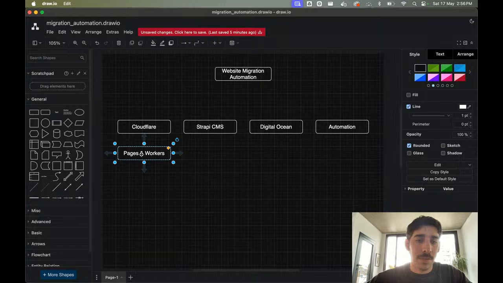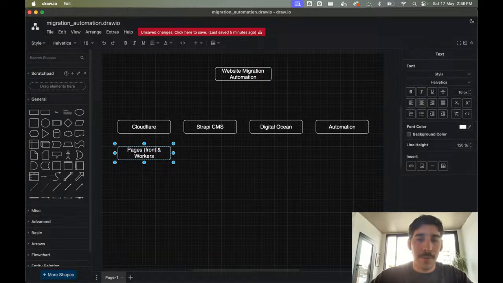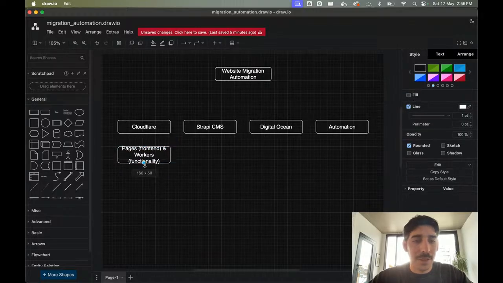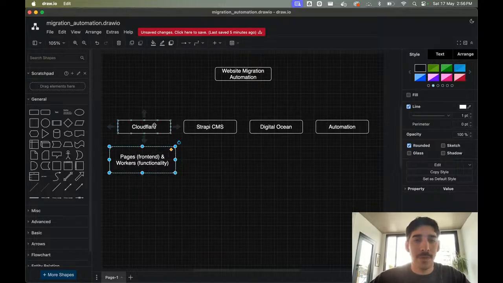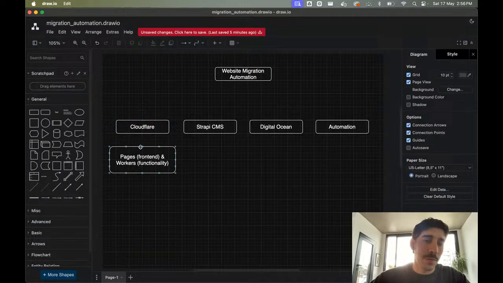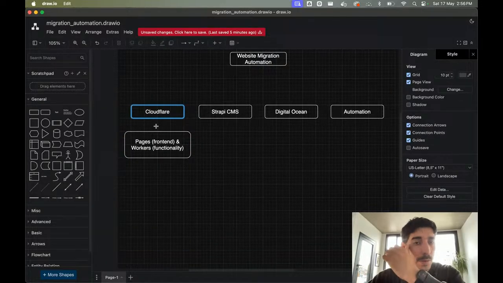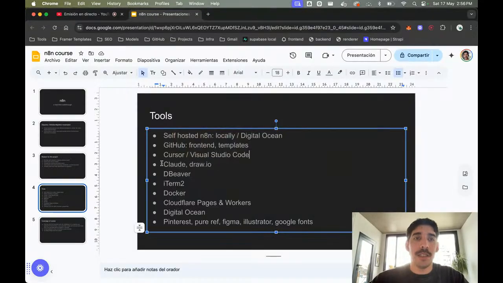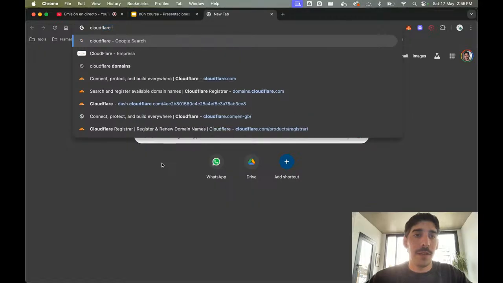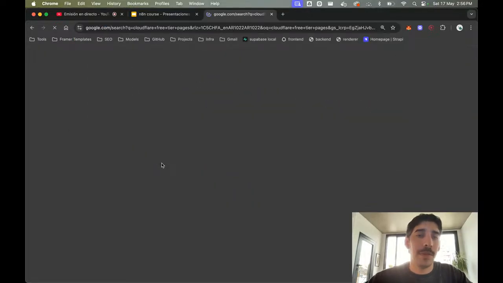Pages for the front end of our websites and workers in case we want to get more powerful or more secure. Being able to use workers is a good thing. The good thing about this is that there is a very generous tier, Cloudflare free tier pages or something like that.